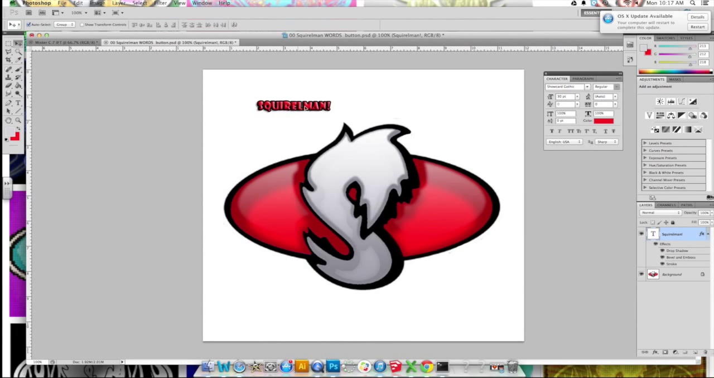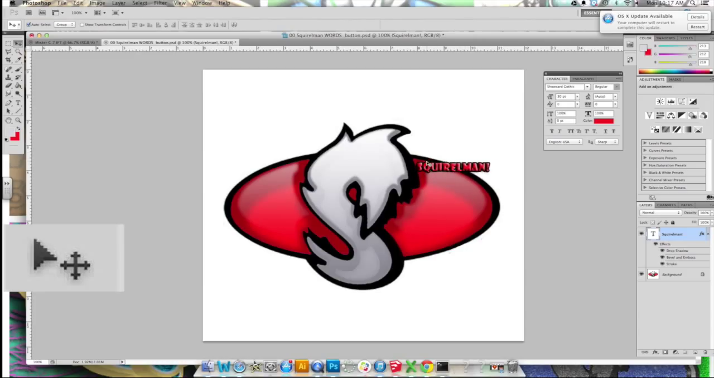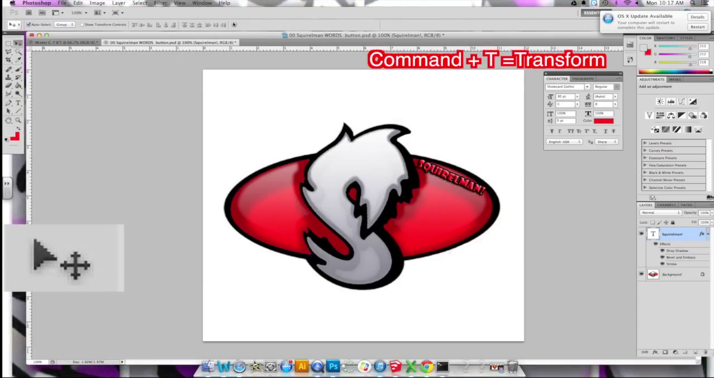Now that I have my first word written, what I want to do is move it into the place where I want. I'm going to try and create this curve here. So I'm going to Command T to rotate it first a little bit. But I really want to do something cool to make it look like it's bent to the shape of the